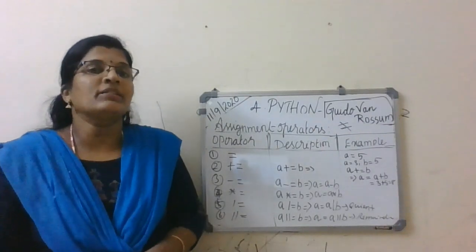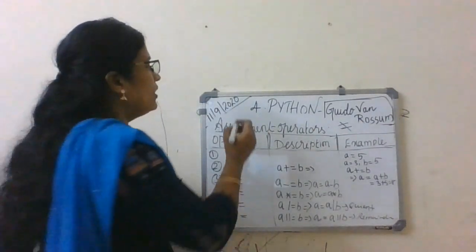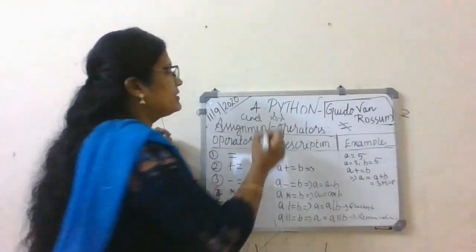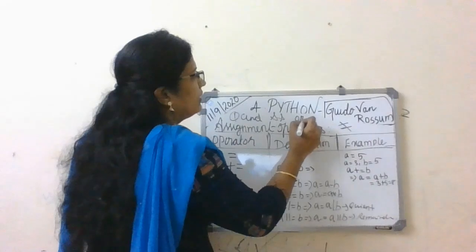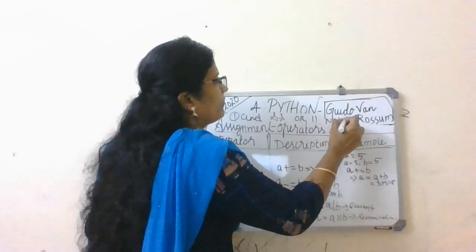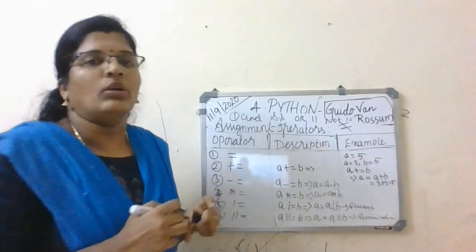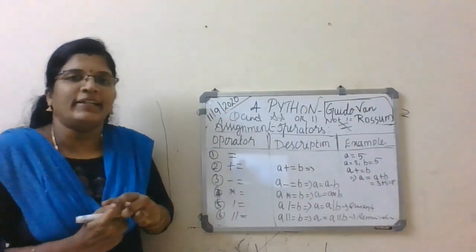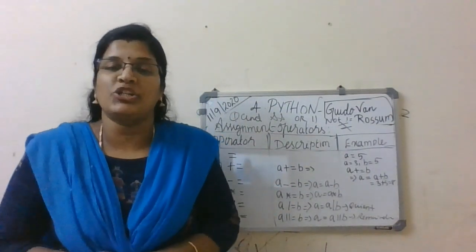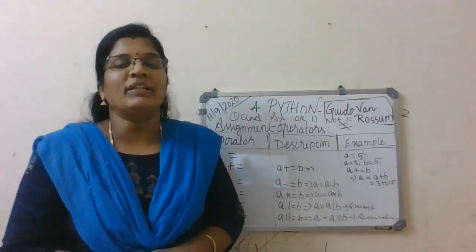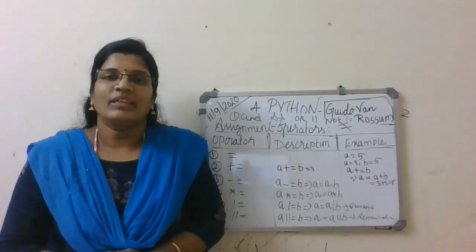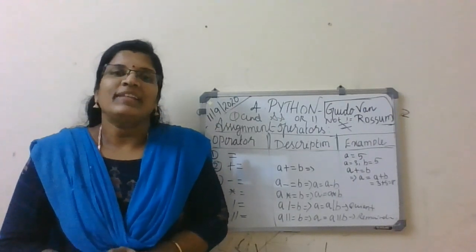The logical operators are of three types. They are called AND, which is double ampersand, second one, OR, which is two straight lines, and NOT. These are all logical operators. Logical operators are used in multiple conditions. To compare multiple conditions, we use these logical operators. Clear for everyone? That's good, students.